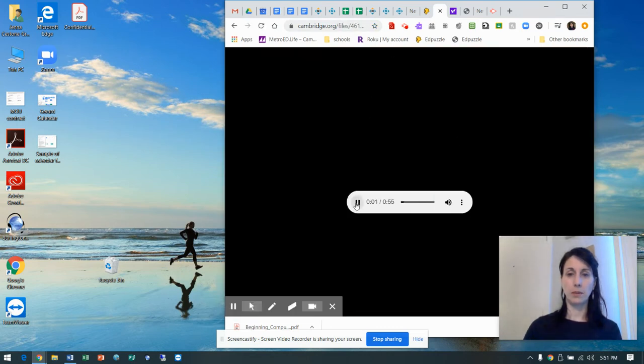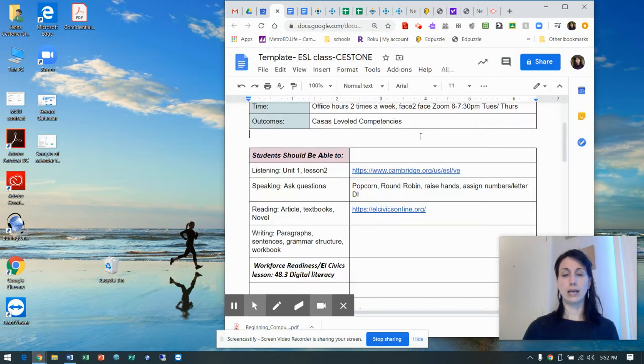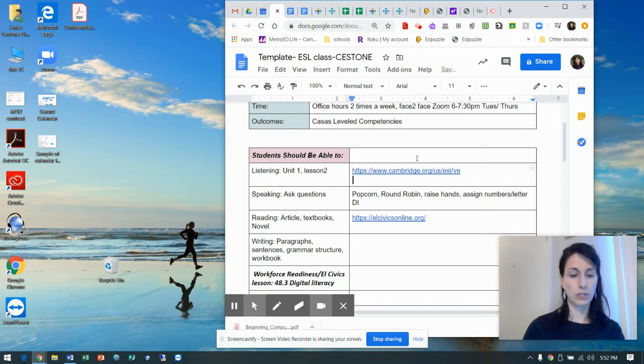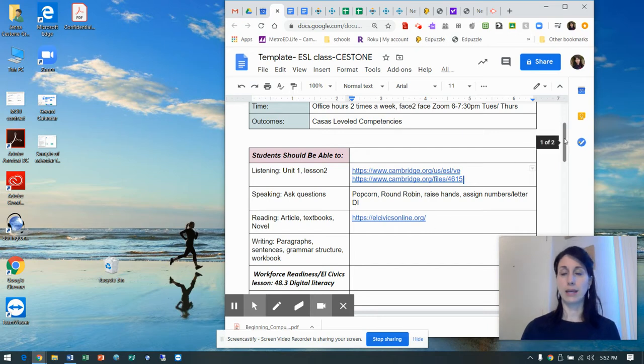Let me pause this, and I'll grab this by hitting Control C. It's on your keyboard, and I'll bring that into the lesson plan. And I can go right here and go Control V. So now, if I'm a sub, it's really easy to copy and paste the links that I'm using on the internet or on different websites like EL Civics websites, CASAS websites, to insert them into my lesson plan.